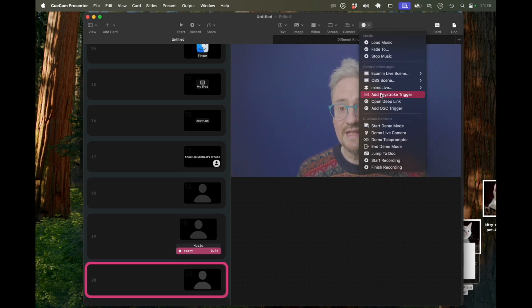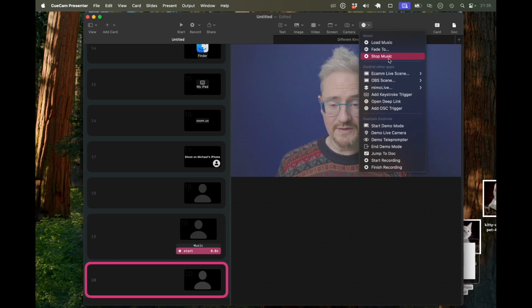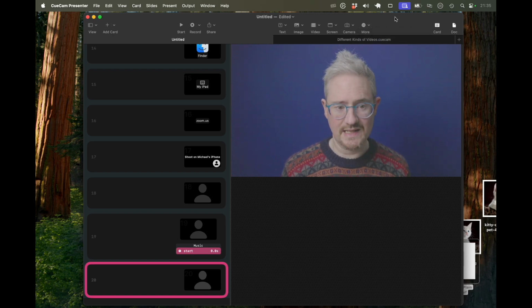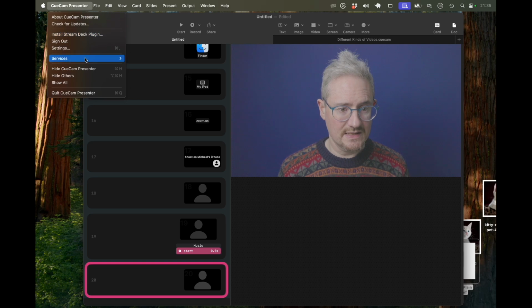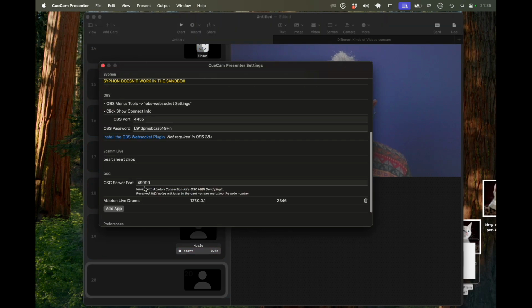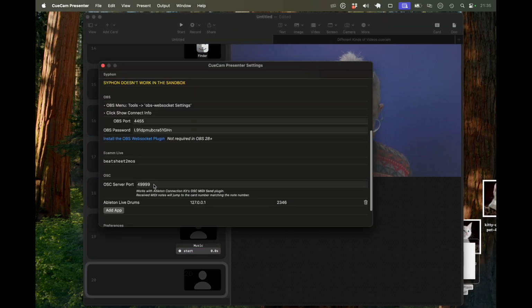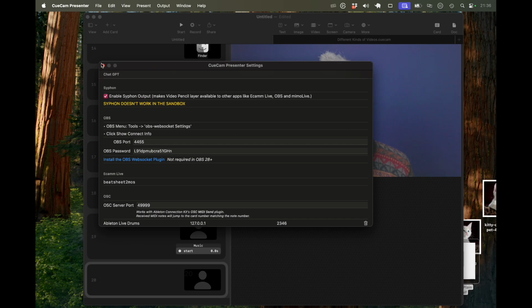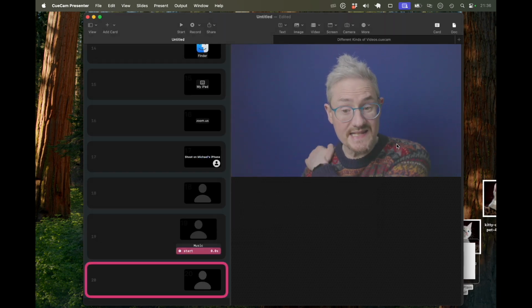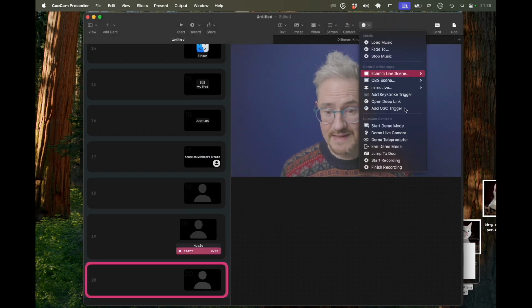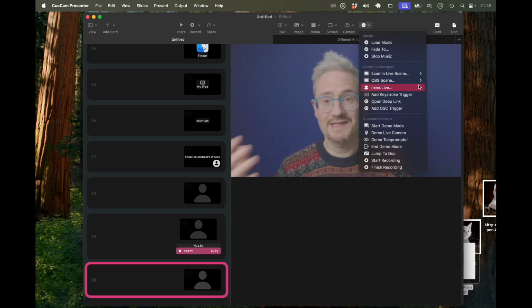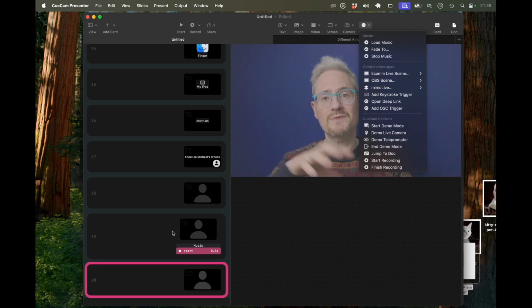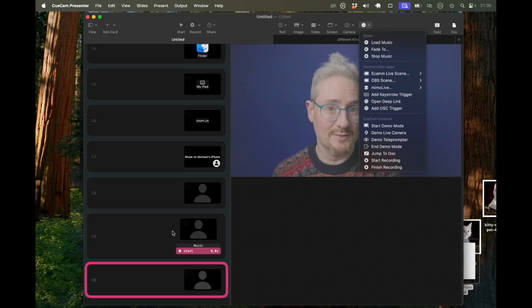And basically the same thing for OBS. So if you've got OBS set up, to get OBS set up, you're going to have to first go into settings, and there's documentation about this on the website. You're going to have to just tell it what the password is and the port, so that it can connect to OBS and find the scenes. But once it can do that, you can do exactly the same thing. OBS scene, just jump to a different scene on a card. So you can run through your thing, and then you can just go back to whatever else you're